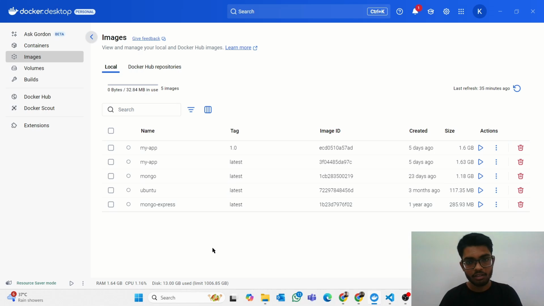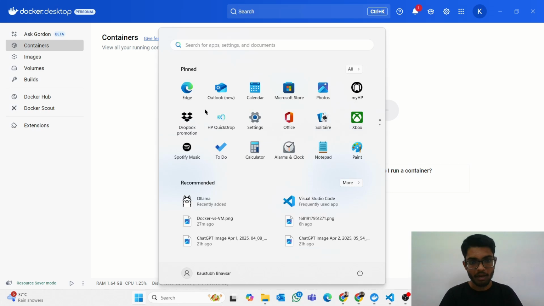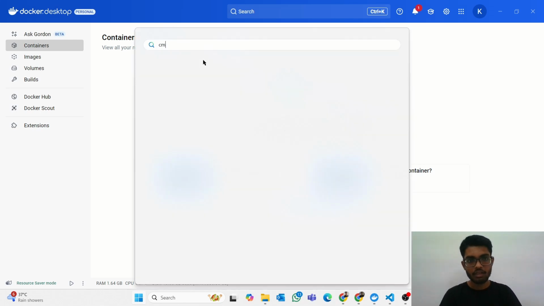In my Docker Desktop, you can see my app, Mongo, Ubuntu, different images because I was working on that. But on your PC, it might be empty. Containers also will definitely be empty because I have also deleted all my containers. Now you can see the container section is empty. I will now open my command prompt for you